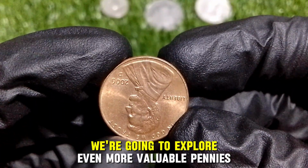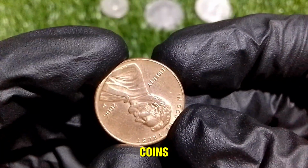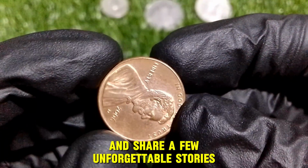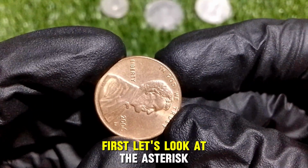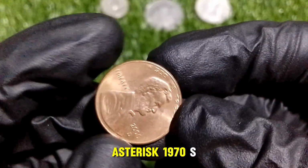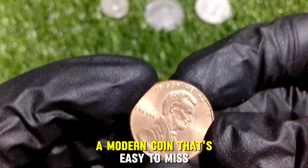We're going to explore even more valuable pennies, show you how to quickly spot high-value coins, and share a few unforgettable stories, including one where a single penny helped pay off a mortgage. First, let's look at the 1970s small date Lincoln cent, a modern coin that's easy to miss but